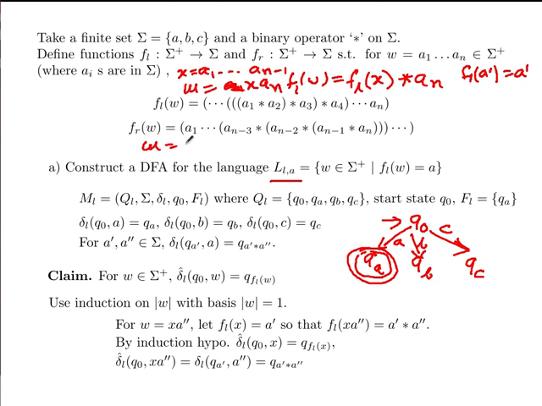So here I need to break it up like A1 and then say X prime, where this X prime is A2 up to AN. So then FR of W will be A1 star FR of this X prime. Okay,